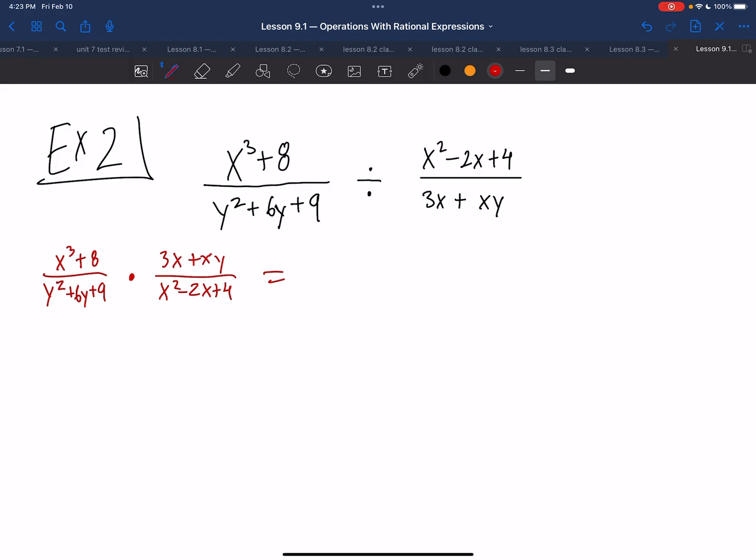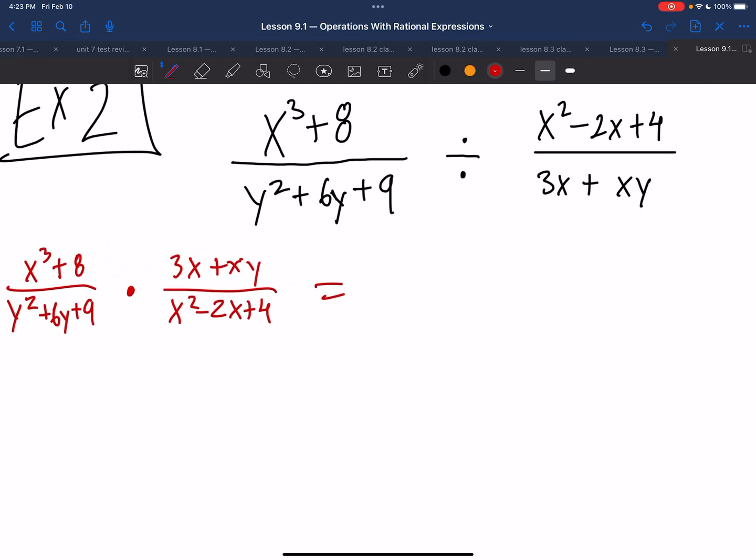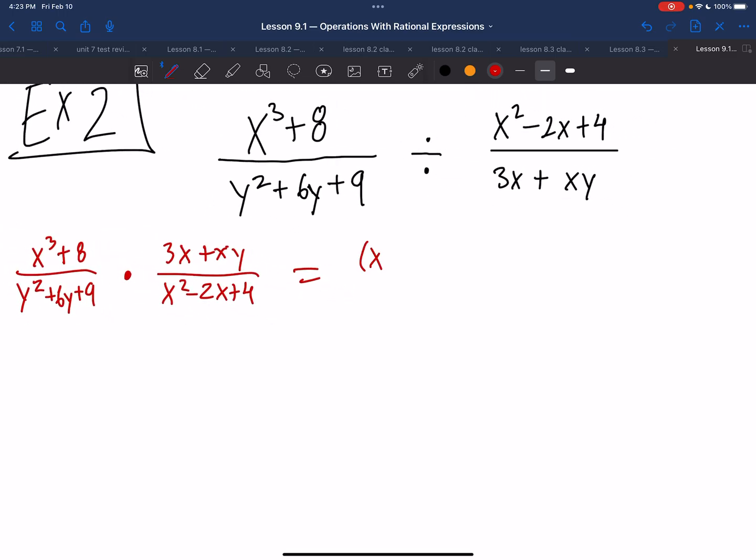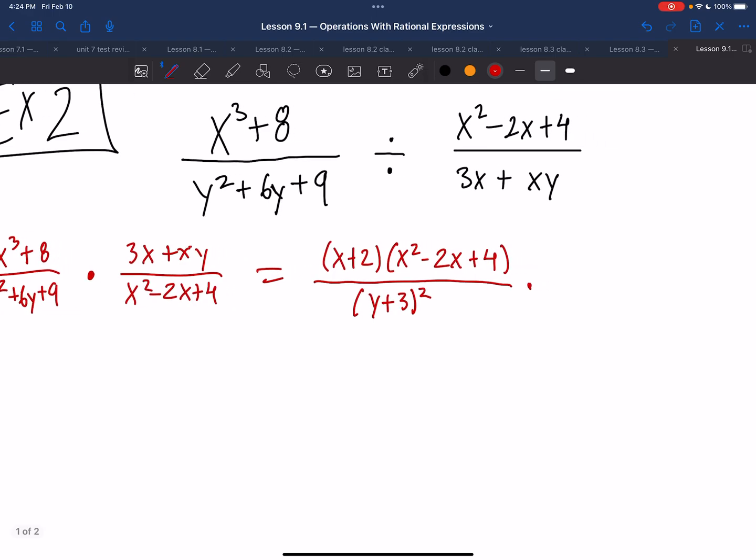So let's just factor. Now, x cubed plus 8, that's a sum of cubes. So I can use the sum of cubes identity. x plus 2 times x squared minus 2x plus 4, over, and now the denominator is a perfect square trinomial, so this is y plus 3 squared. That's how that one factors. It's y plus 3 times y plus 3, times, looks like I can take a GCF out of the top as x, and so what is left behind is 3 plus y, over,